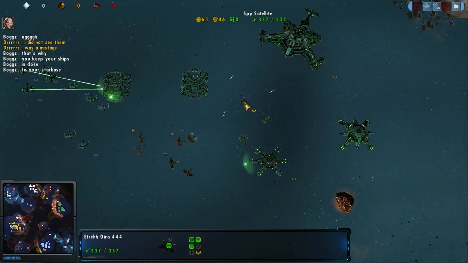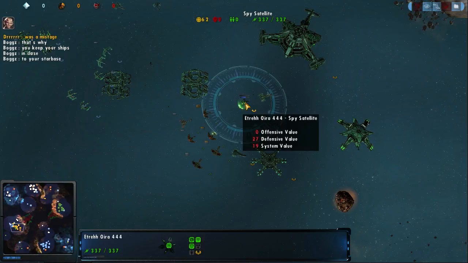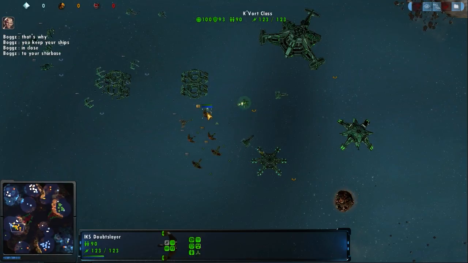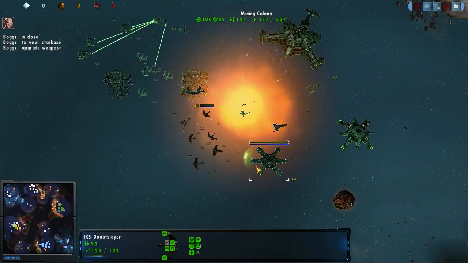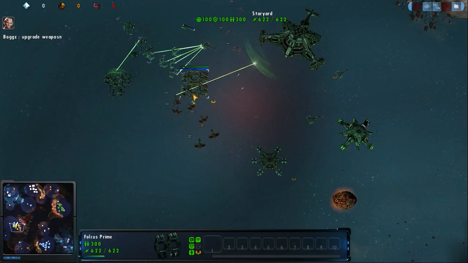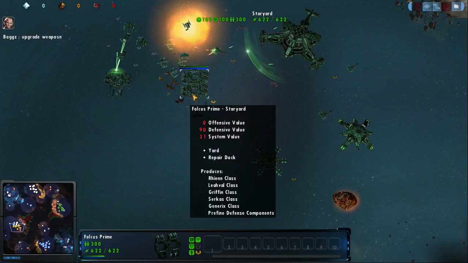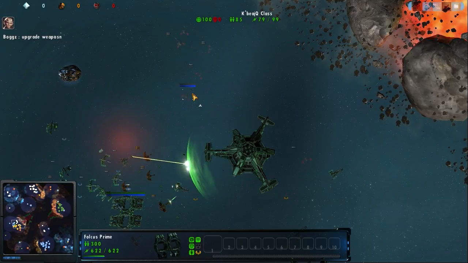Surprised if they didn't go take out this sensor station real quickly, and it looks like they are going to pay it a little bit of attention. And a veteran Cavort, nice. So now able to knock out opponents' engines, preventing them from retreating. Boggz moving his ships in, really not going to want to engage the...